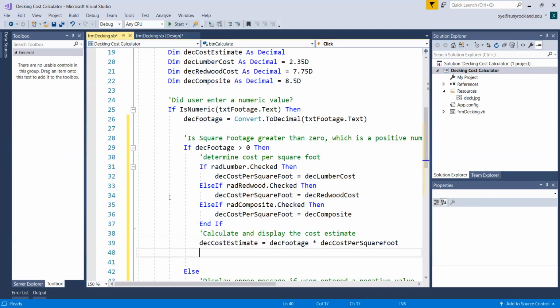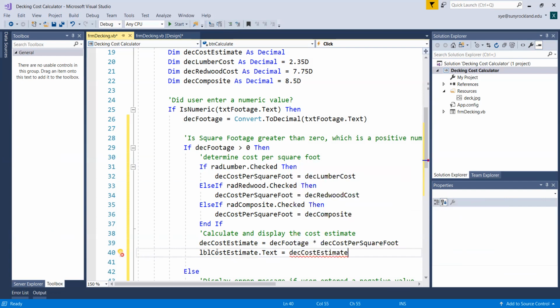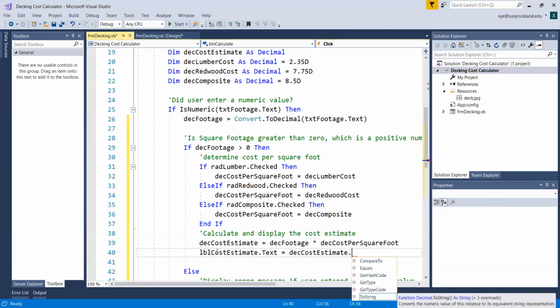How do I do that? We have to convert first, right? LBL cost estimate, this is a label dot text, should equal to deck cost estimate. Then we want to just convert to string. So this is the easy one. To string